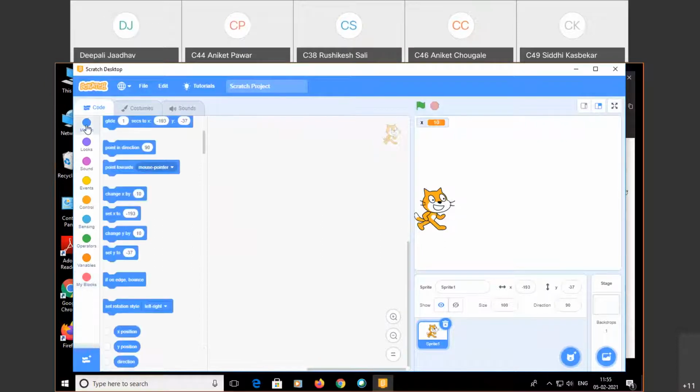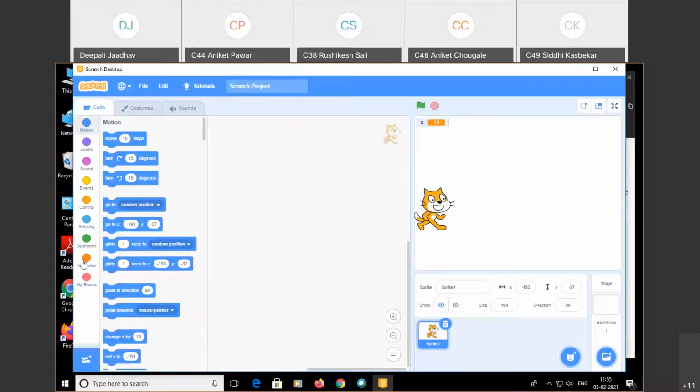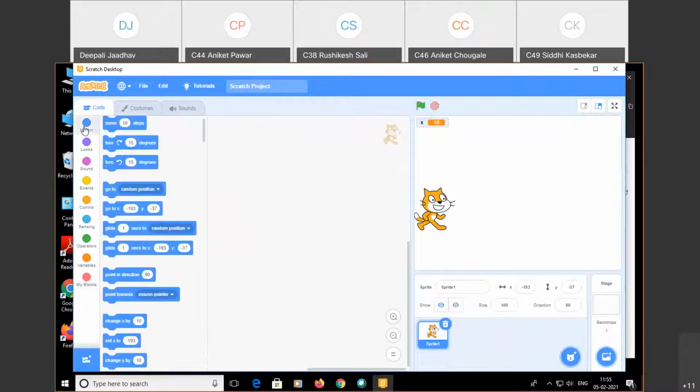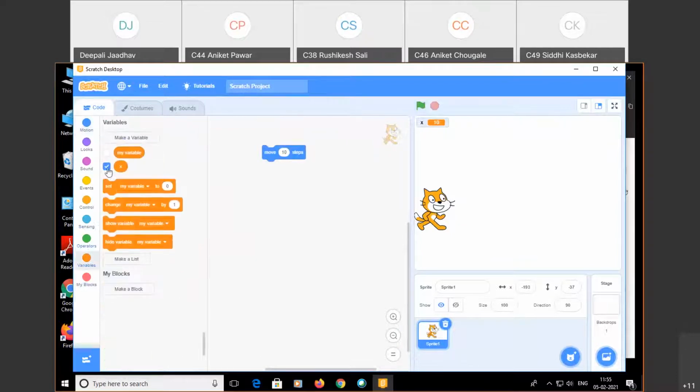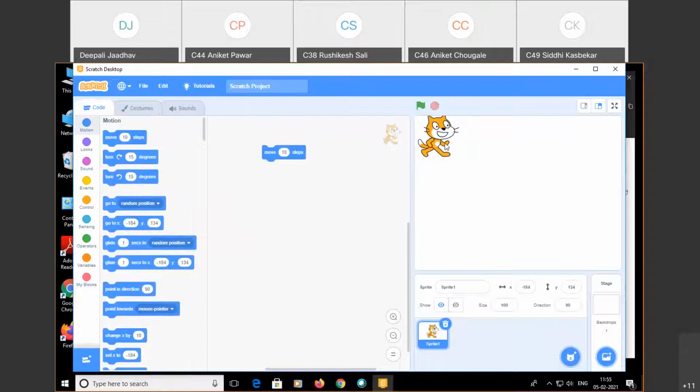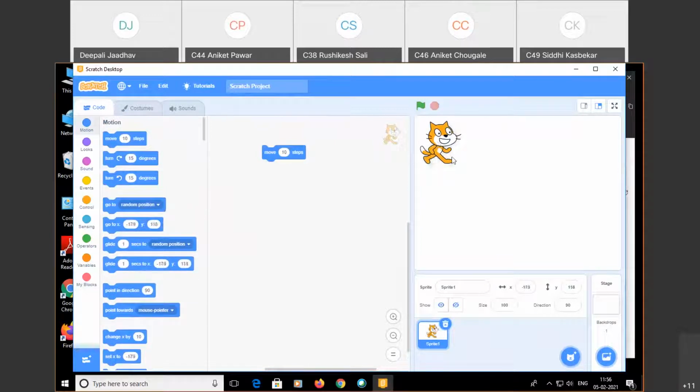Now we start with simple variables, or first motion. Suppose motion, this is the move. Variables, uncheck it, it will not appear here. Now this sprite, first start with the motion. We see about the sprite. This is the default sprite available. You can change its size. Now it's 100% size. If I make it 50, you can observe the size of the sprite is minimized by 50%. So you can change the size of this.